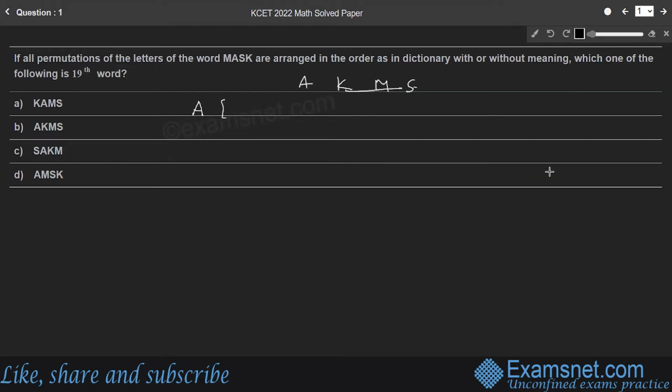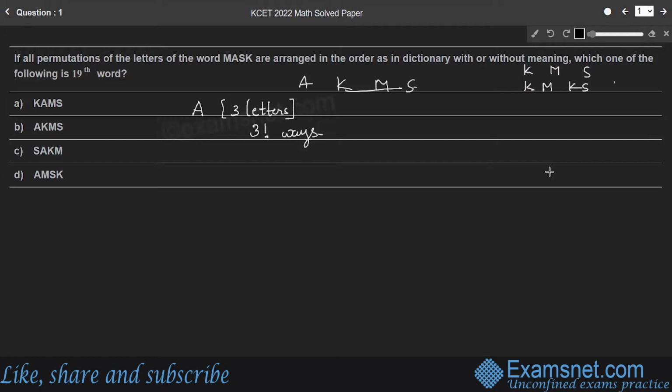We can arrange these 3 letters in factorial 3 ways. So KMS can be arranged: we can choose 2 letters or only 1 letter, so you can take only K, M and S, or KM, KS,